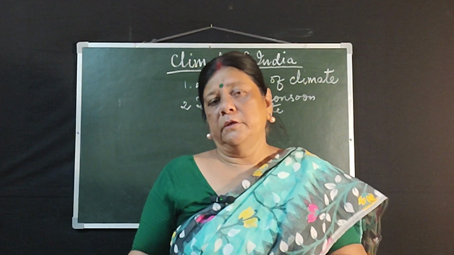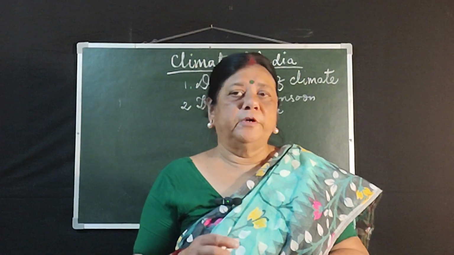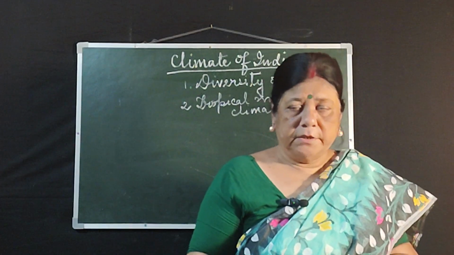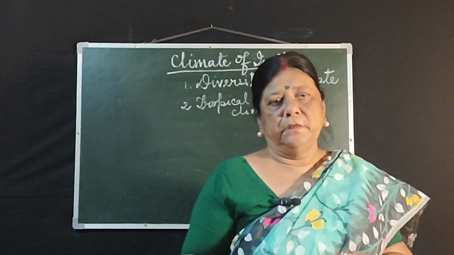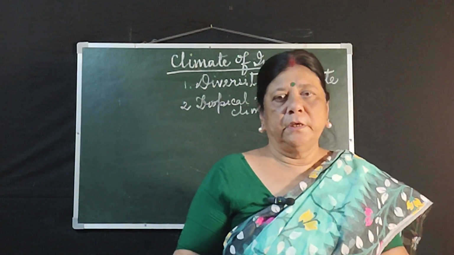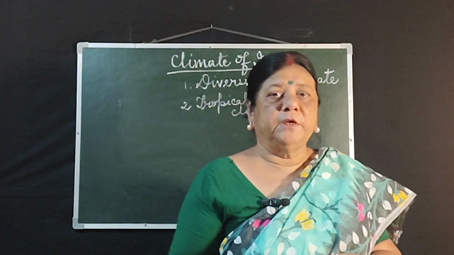In winter season, they reverse the direction because over the landmass there is high pressure, and over the water bodies there is low pressure. So pressure area is changing, which means the winds will also change the direction. So they start blowing from land towards the sea. They are offshore winds, and since they blow from the northeast, we say northeast monsoon,